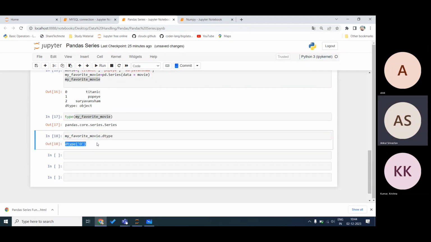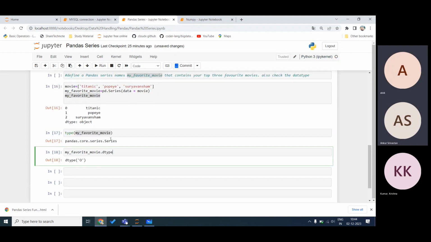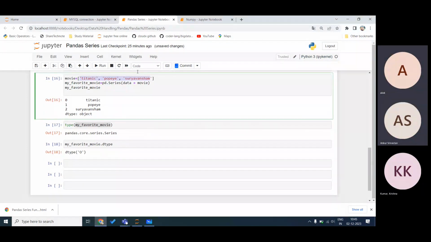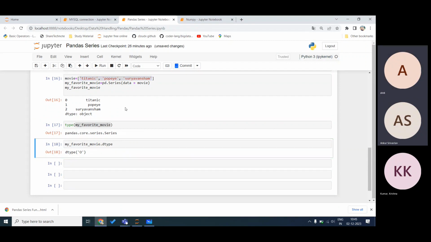Yes, dtype is object. dtype tells whatever you have inside it. It's a string, and in pandas and numpy, string is called object. The whole column is treated as a Series. If you type type, it will say Series. If you type dtype, it will say what is inside it, object.